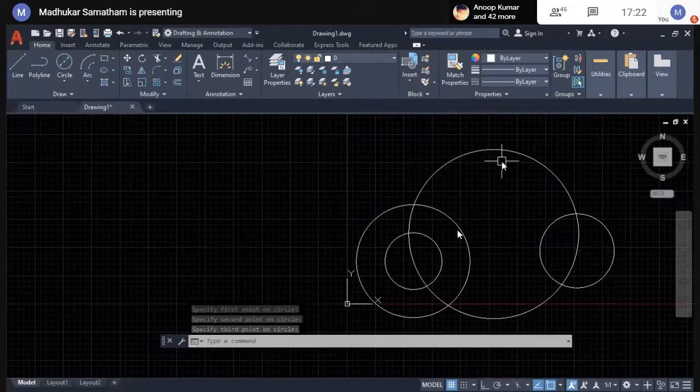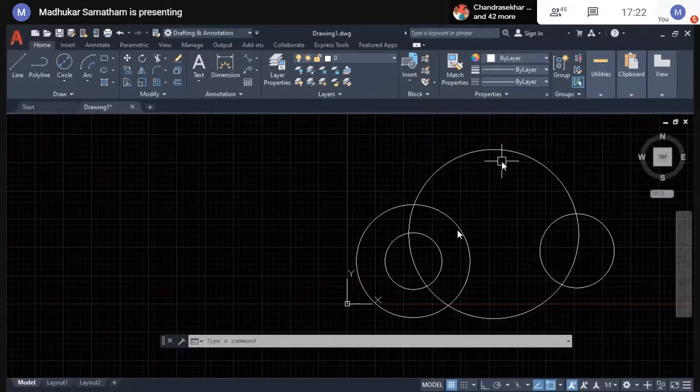This is the advantage with the 3-point circle. When you don't know exactly the center point or radius, diameter parameters, and only 3 points we know, we would like to construct by using those 3 points. Then we can use this 3-point circle option.